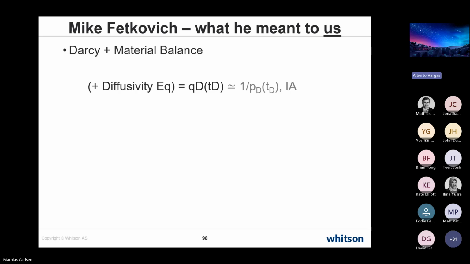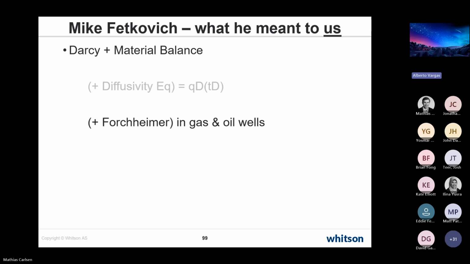So I feel good because I wouldn't know how to write it anyway as well. So not a requirement. But he also introduced, when Darcy wasn't good enough, which for gas wells is pretty much most of the time, a nonlinearity that has to be taken into account that Forchheimer gave us. But he also showed it in the first well, the exploration well that was producing from the Equifax field on Christmas Eve, 1969, that the Forchheimer term, the quadratic term, was required to model that